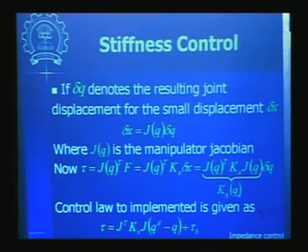So this stiffness matrix at the joint can be obtained in this fashion.